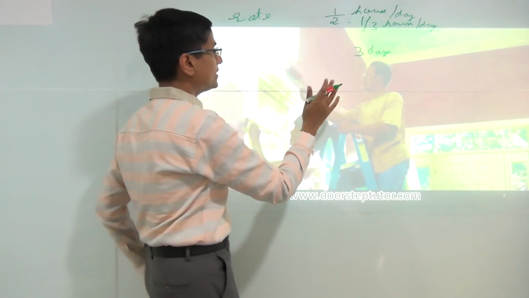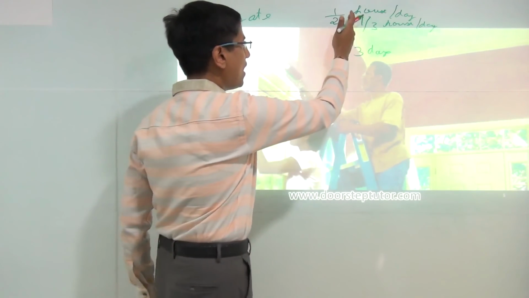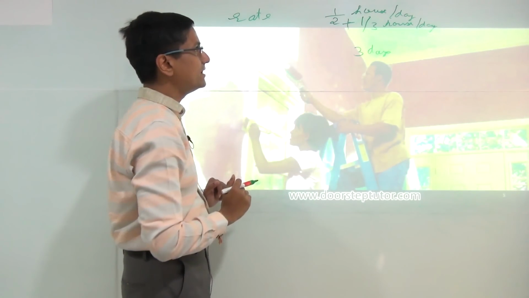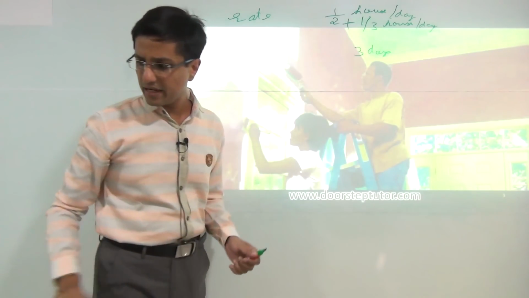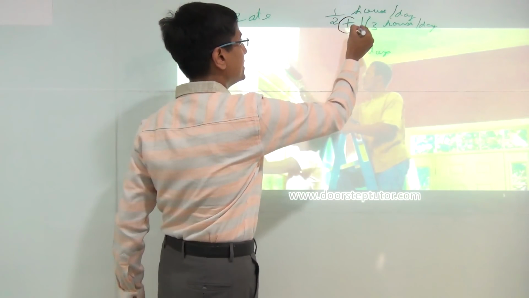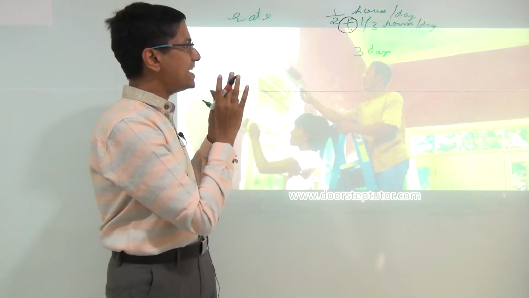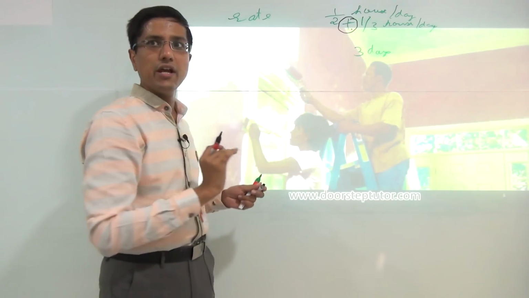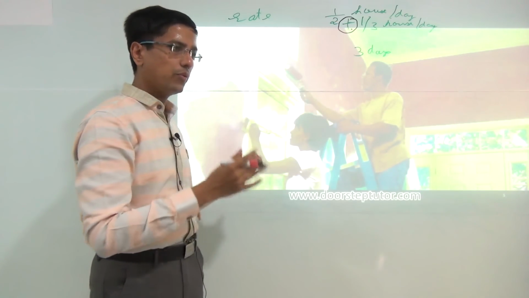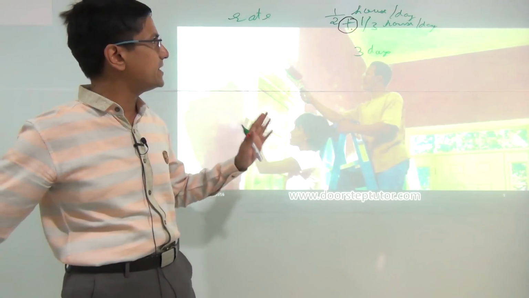So if they are working together, at the end of the day, if I go to the house, what would I see? Half a house would be painted by this person, and 1/3 house would be painted by this person. So if they are working together, I can add their rates. I can add their rate of work. This is the trick, this is the essence of all such questions. You can always add the rate of work done by two, or three or more people. These questions are based on this basic concept.